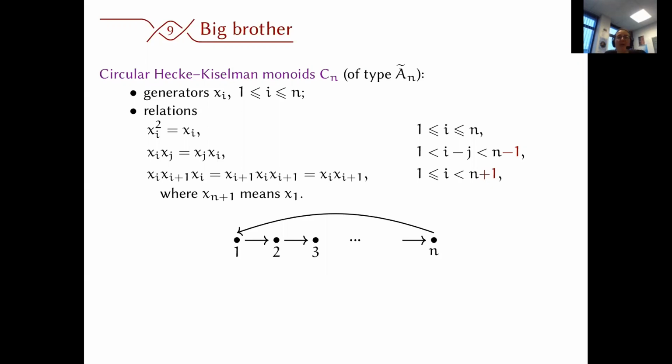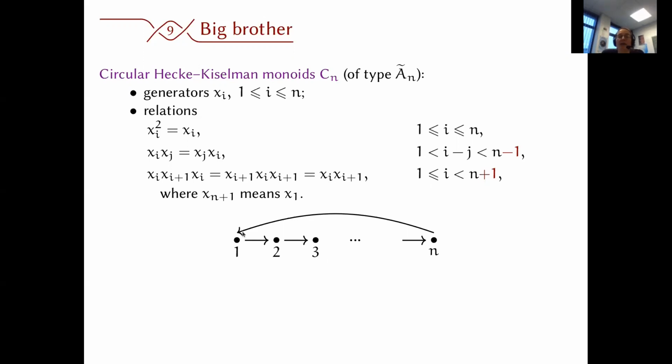So now, in the second part of this talk, we'll talk about the circular Hecke-Kiselman monoids. They look really similar to what we have seen before. There's just one thing that changes. On the level of the graph, we just connected the vertex number n with the vertex number 1, which